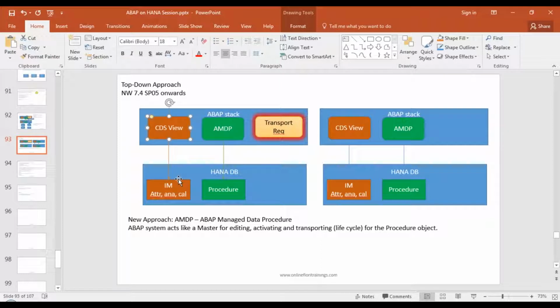You have to read the documents about whether Oracle DB is supported or not. SAP says that any underlying database is supported with respect to CDS, but again, you need to read the guidelines of NetWeaver 7.4 SP5 to see whether Oracle DB is supported. Since our concept is all about ABAP on HANA, we will always talk in the context of whatever is supported on top of the HANA database.